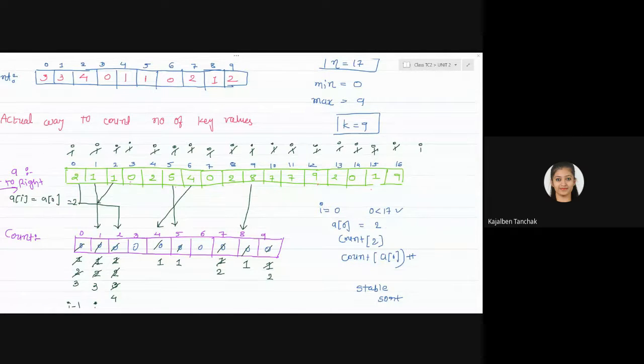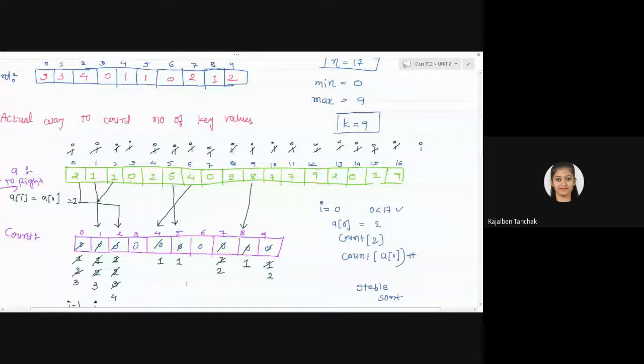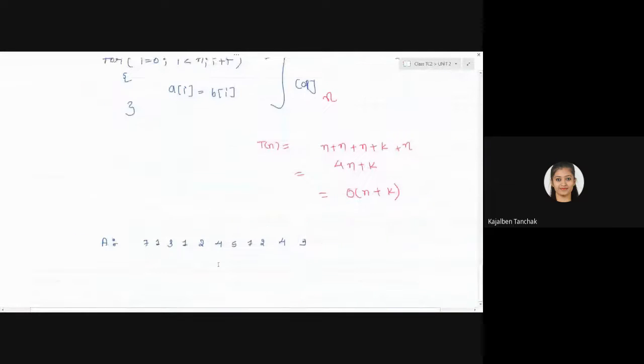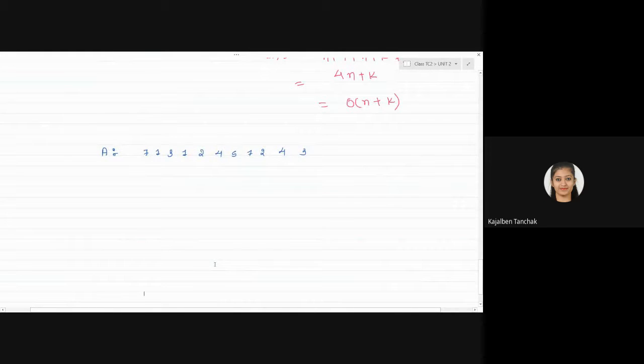Tell me the count array. If this is our example, right, what is the exact way to find out the count array? Find min and max.